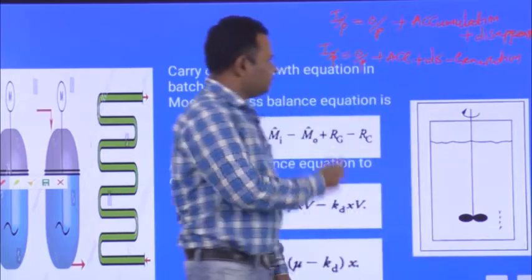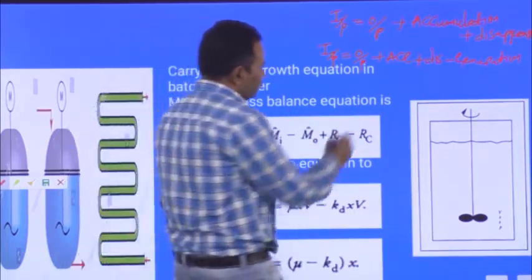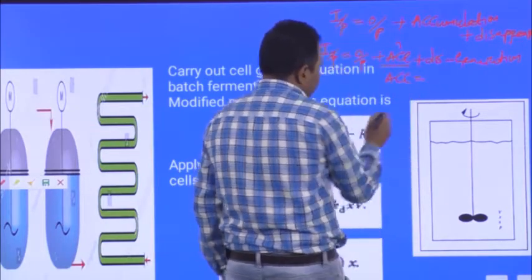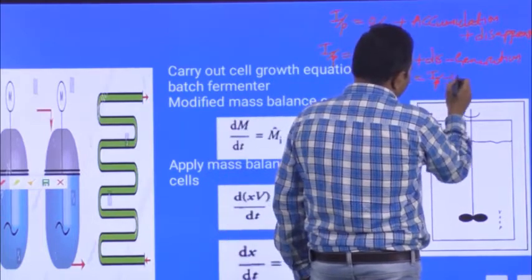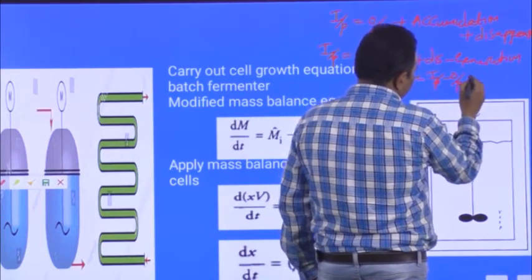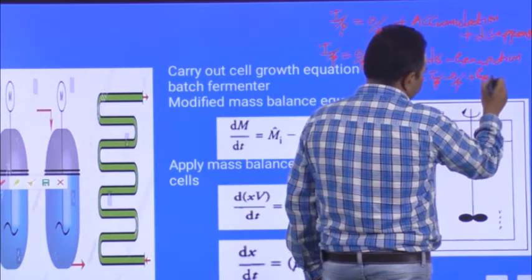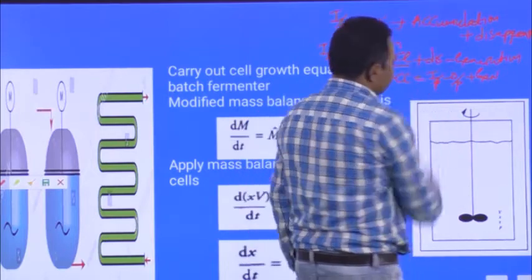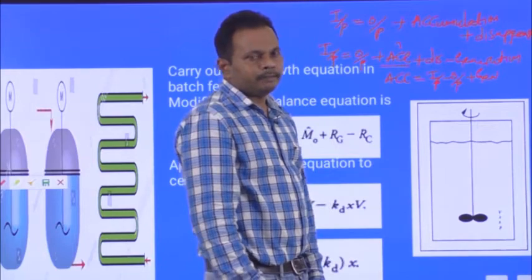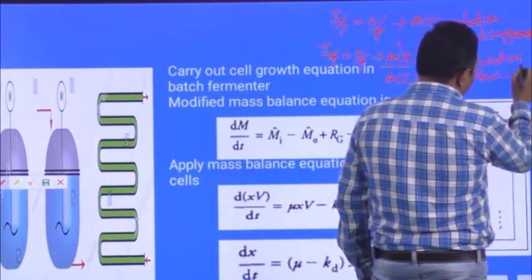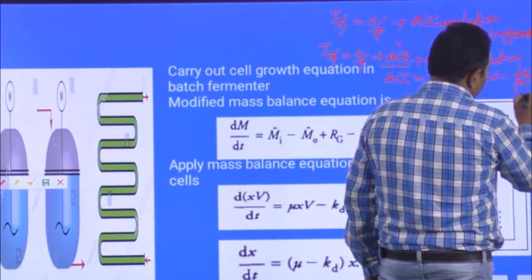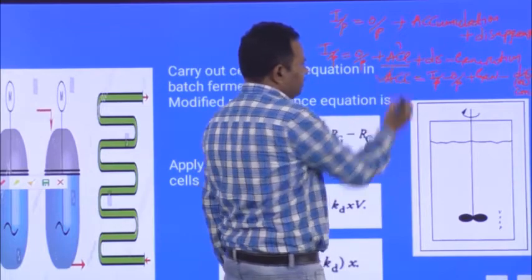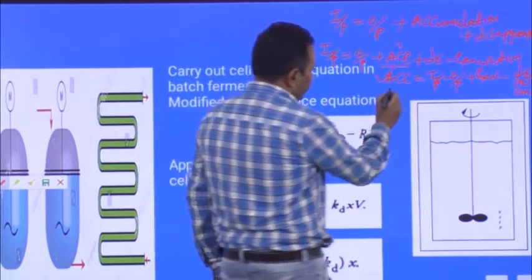From this one, solve this equation for accumulation. If you want to solve for accumulation, take output to this side, then input minus output, and also take generation to this side, plus generation. The disappearance term is on the right hand side as positive, and taking it towards the left hand side, it becomes negative. Disappearance or consumption, both are the same. So this is the modified mass balance equation. Accumulation can be written as dm by dt.